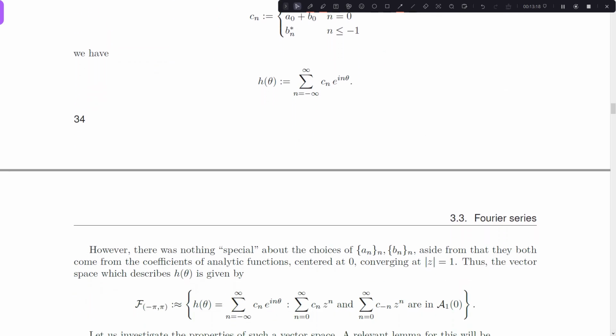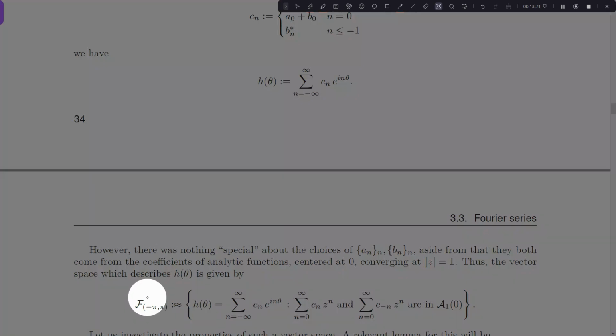This is basically what we're going to call the Fourier space. So I'm going to use a calligraphic F sub the interval that I'm looking over my Fourier space at. And right now I'm going to say this is approximately defined the way that we introduced it so far. So it's approximately defined like these functions h, where I can build the c sub n's in the